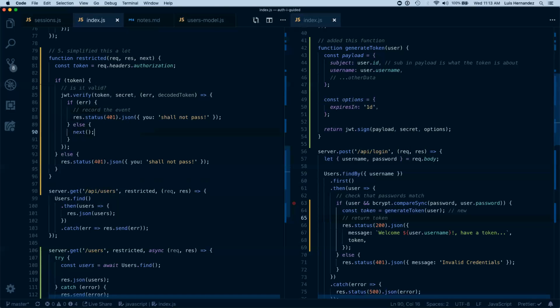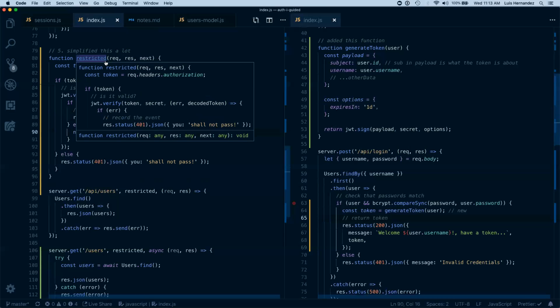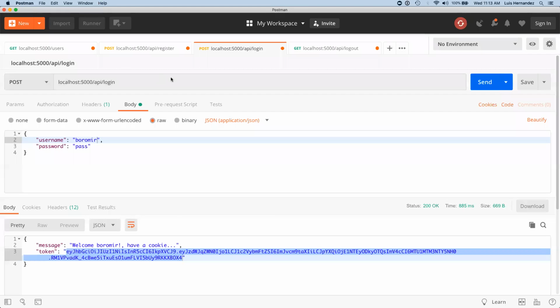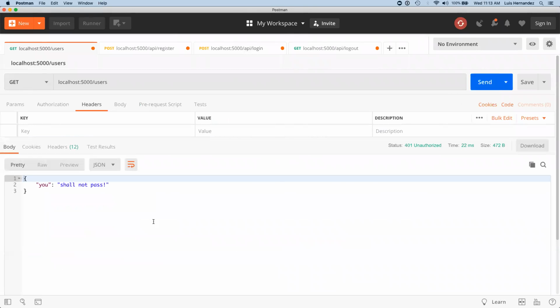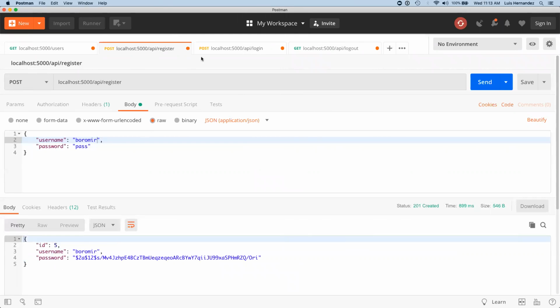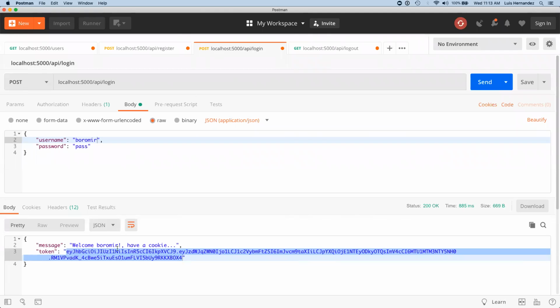Let's go try it out. Let's see if that restricted works now. See if we're missing any step there. So if we go here and go into users, send that, you shall not pass. That's what we expect to see because we're not sending our token. So if we copy our token from here, right? So without the quotes,